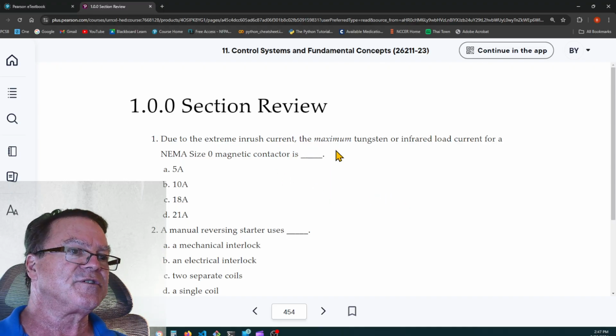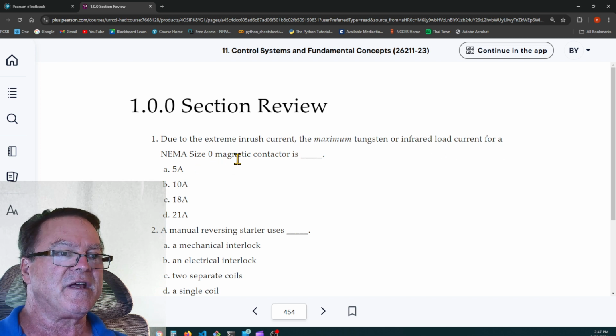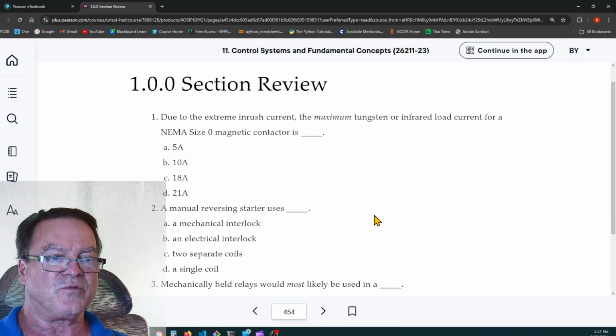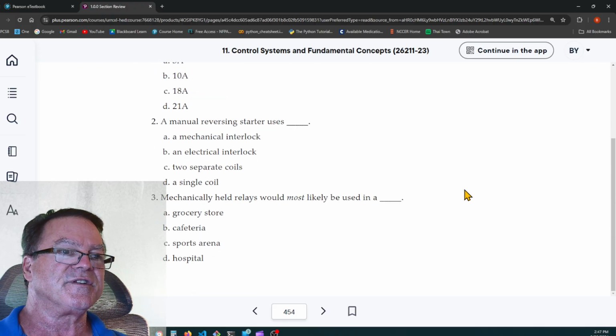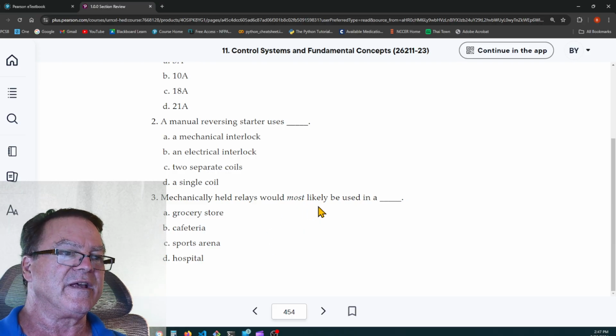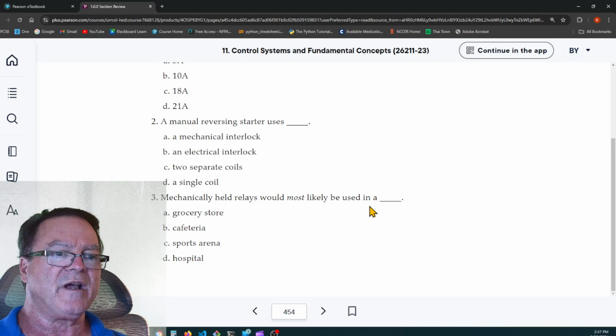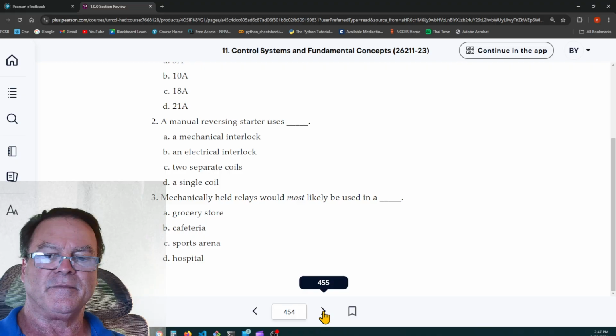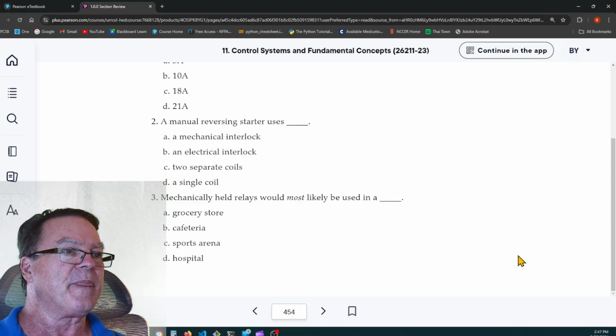Due to the extreme inrush current, the maximum tungsten or infrared load current for an NEMA size zero magnetic contactor is, you can go back and look and see which one that was. A manual reversing starter uses what kind of interlock? And mechanically held relays would most likely be used in what kind of a place where we want it to be quiet? All right. I'll go on to the second